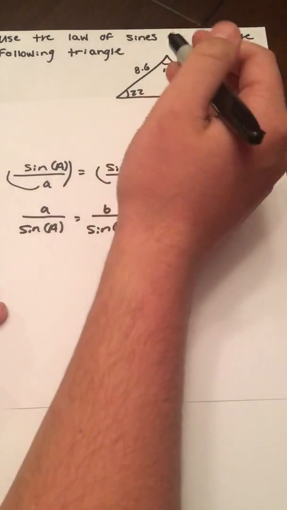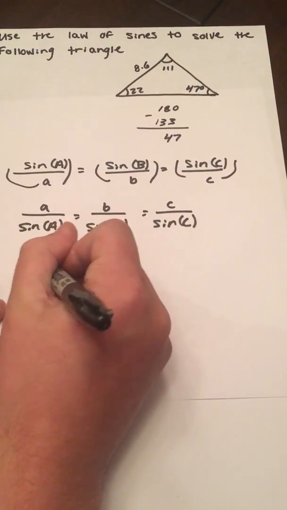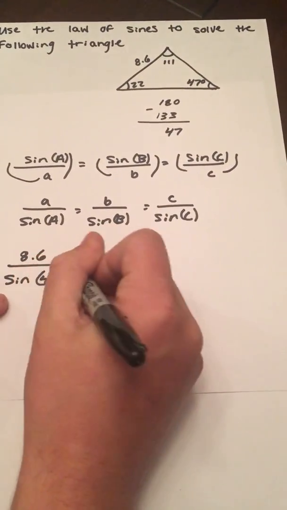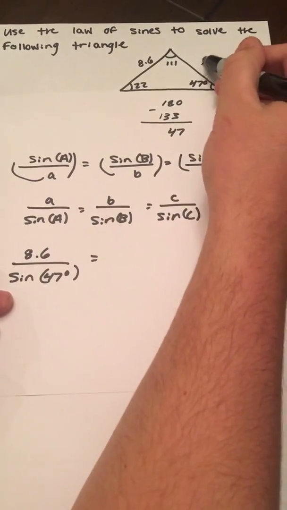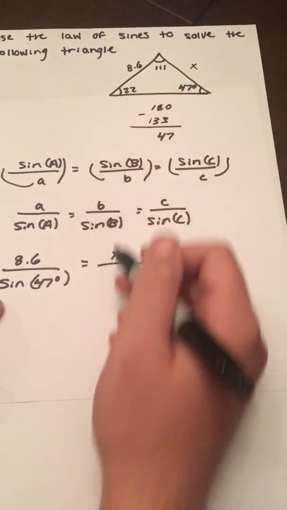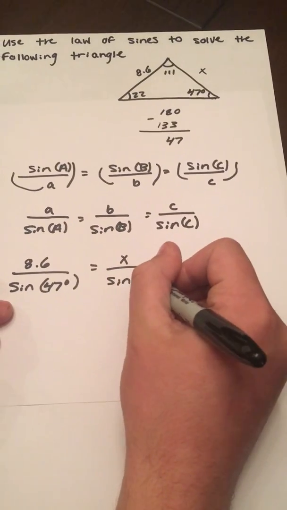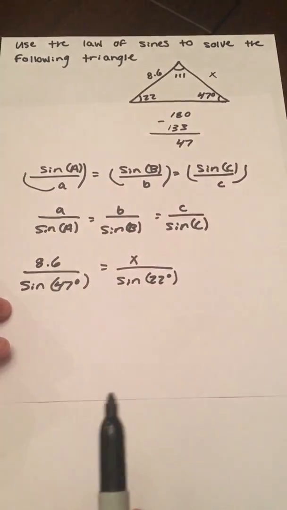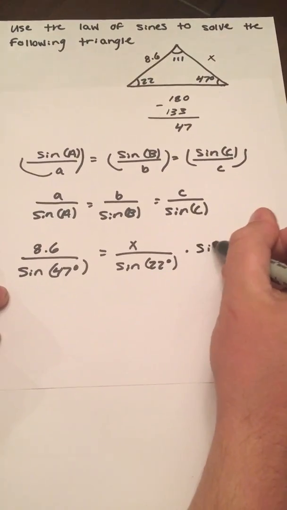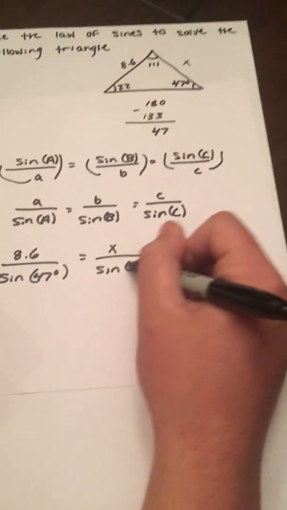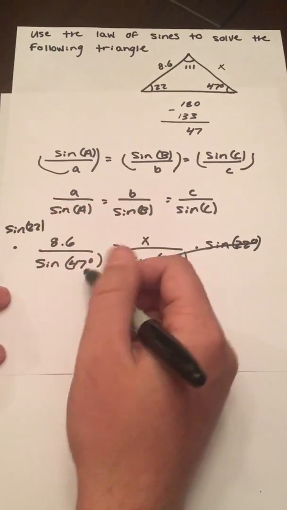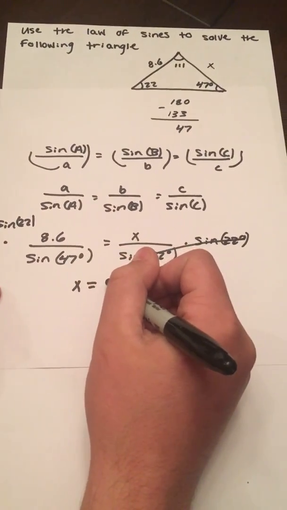So, given little c is 8.6 over the sine of big C, which is 47 degrees, equals, we'll solve for this side first, which is A, so we know that would be x over the sine of big A, which is 22 degrees. And now all you do is isolate the x to solve for it. So you would multiply each side by the sine of 22 degrees. Those sines will cancel, so then you multiply by the sine of 22. And that makes x equal to